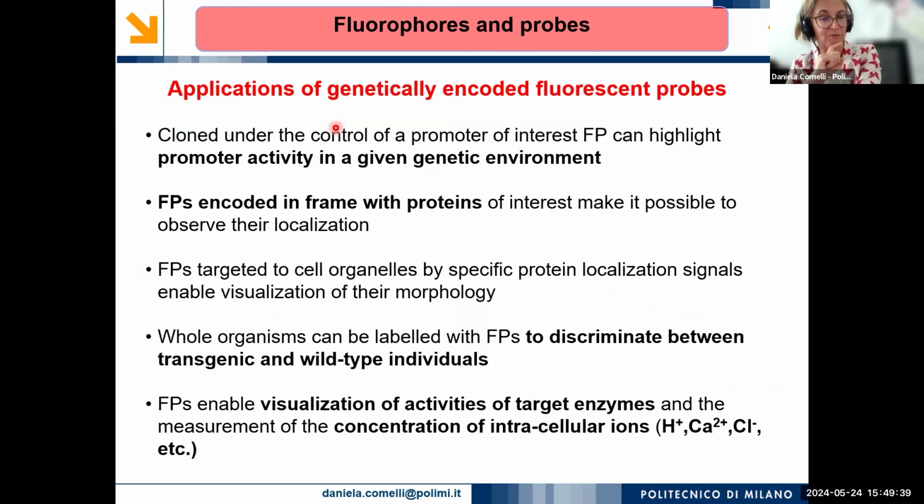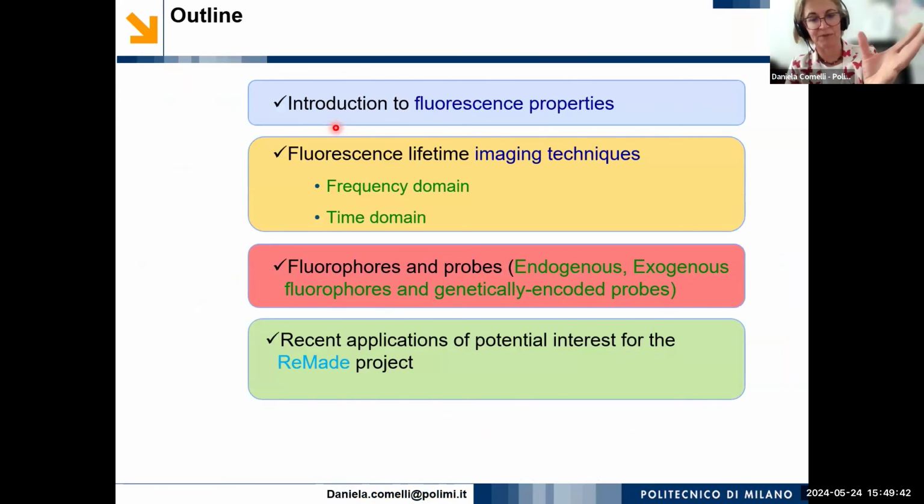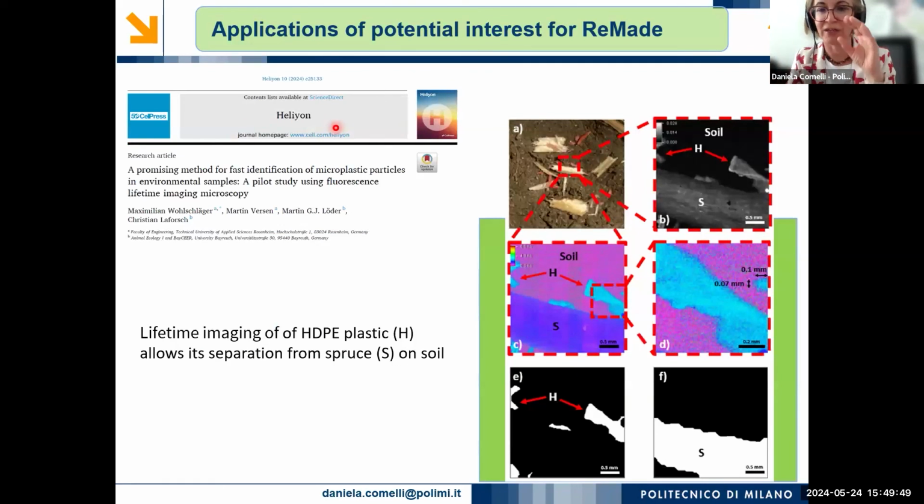But what I think is more interesting for you is to understand potential applications related, I imagine, to the Remade project. So I tried to find something in the literature, and I hope to get your curiosity. So I looked at potential use of fluorescence lifetime imaging for the detection of microplastics in our environment, and I found that there are some attempts at detecting a particular type of plastic in the environment thanks to its natural fluorescence. And there you can see in this lifetime map how this HDPE plastic is different from the